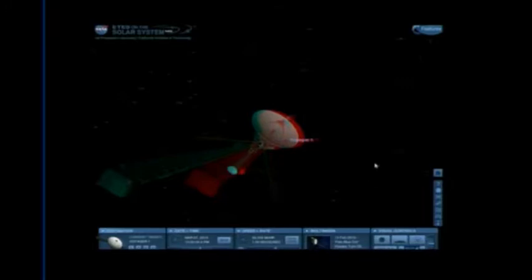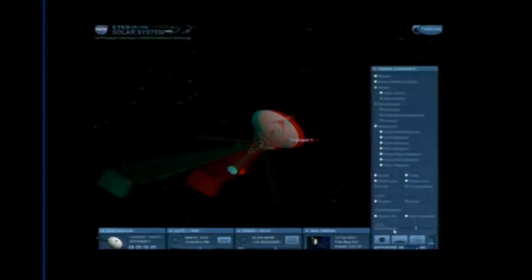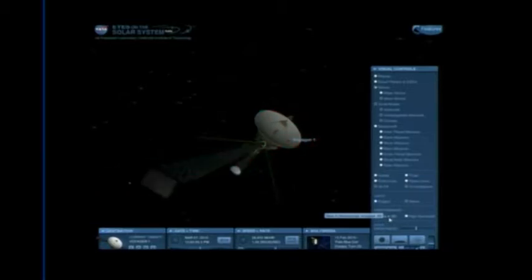All right, so I'm going to go ahead and show you how, but take your glasses off for a second. Take them off. And yeah, so under visual controls, see down here? This is a very important button. I'll demonstrate one thing first. So then you say, click on, so I just turned off 3D. You can also, while I'm under visual controls, I'll show you a couple other things. You can change from English to metric units.